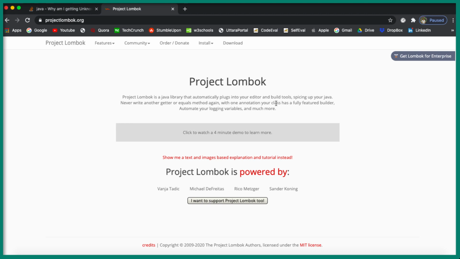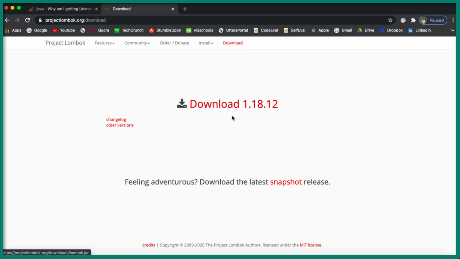To install Lombok, the installation is pretty straightforward. You just need to download the jar, double click on that jar, and it will automatically install it in your IDE. If you are using the Eclipse IDE or STS IDE, then you need to install Lombok. If you are using IntelliJ IDEA, then you don't need to install it separately. If you want to know how to install this in your IDE, I made a separate video on my YouTube channel. Make sure to check out that video. I'll drop a link in the description section as well. Once you have installed it, just restart your IDE and that's it.